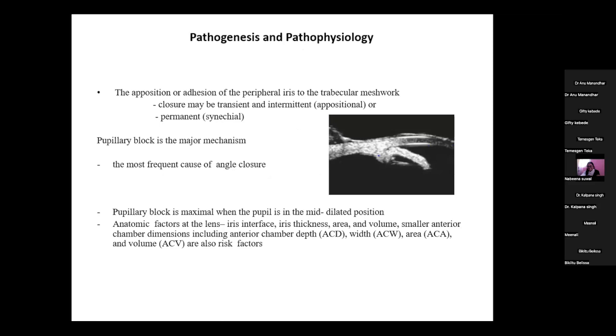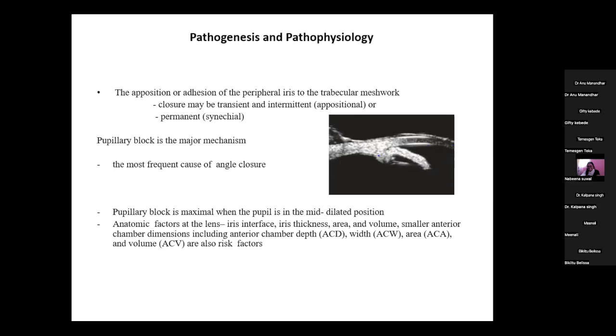Pathogenesis: the apposition of the peripheral iris to the trabecular meshwork can be of two types. The closure may be transient or intermittent, like appositional, or the closure may be permanent, that is synechial. Pupillary block is a major mechanism in